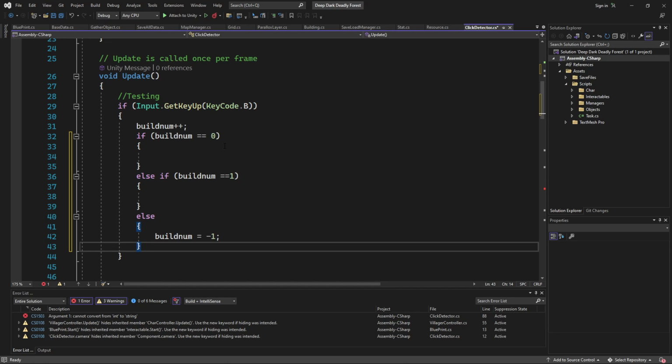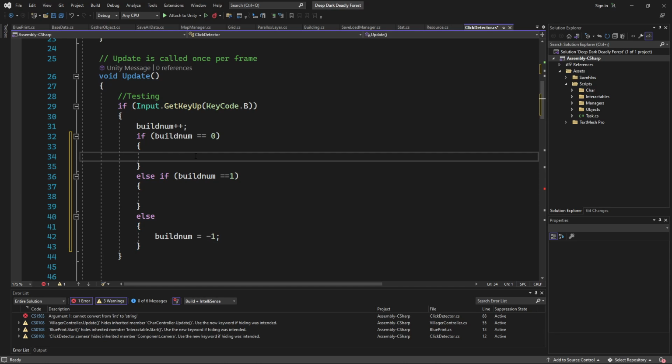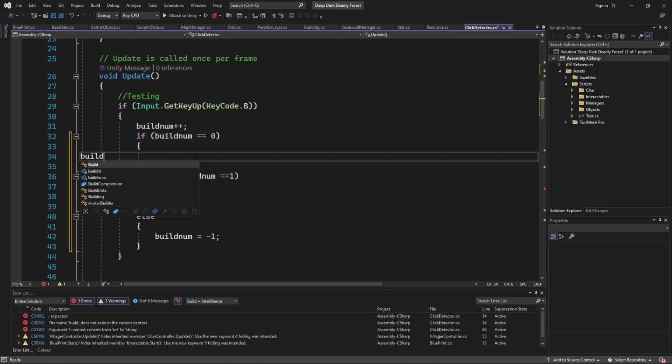Okay, so I click the B key. So now we're going to say build ID is equal to